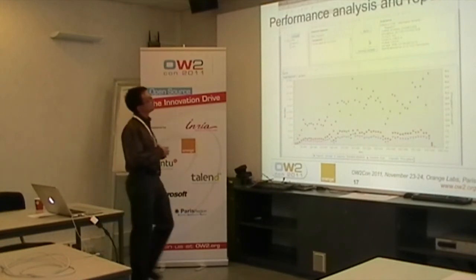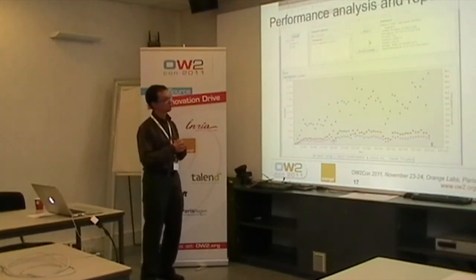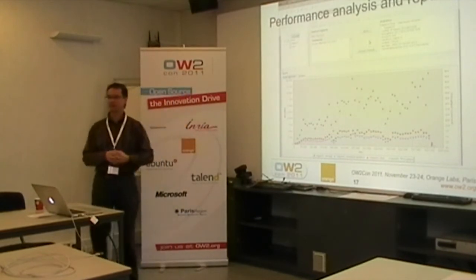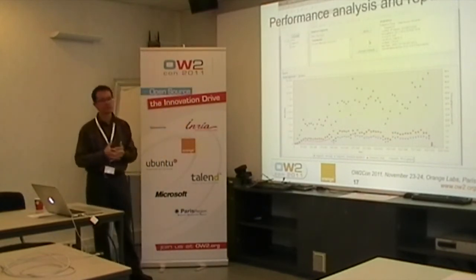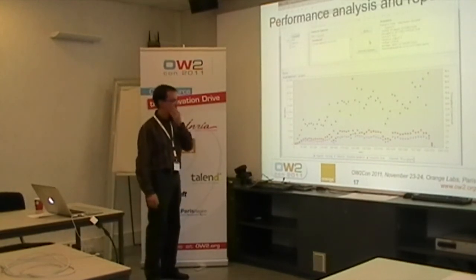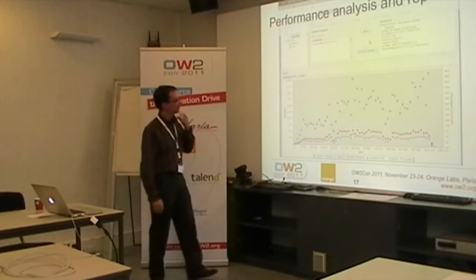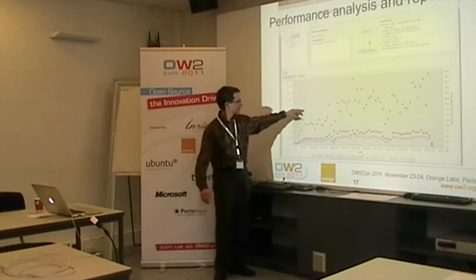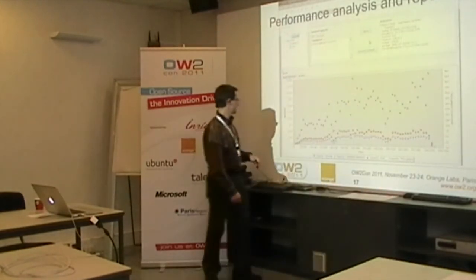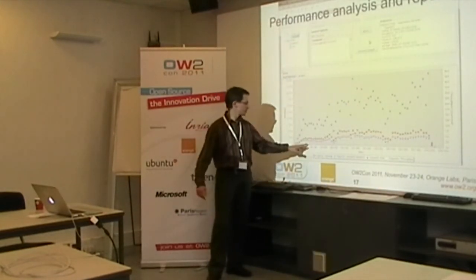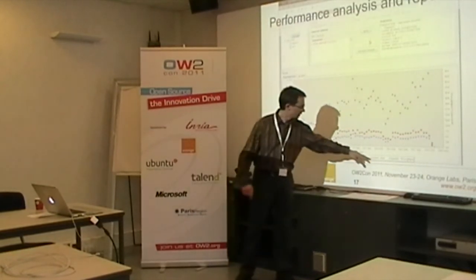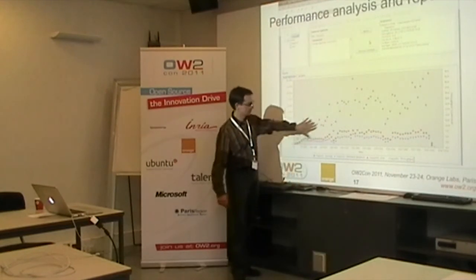And finally, you can use the performance analysis and reporting tool. Well, you can do whatever you want with the CSV files. All the measures that have been generated are available as text files. But you can use this embedded tool. So for example, here we have drawn, well, it's not very visible, but there is the throughput in green here. And there is the average response time, the standard deviation of response time, and the maximum response time.